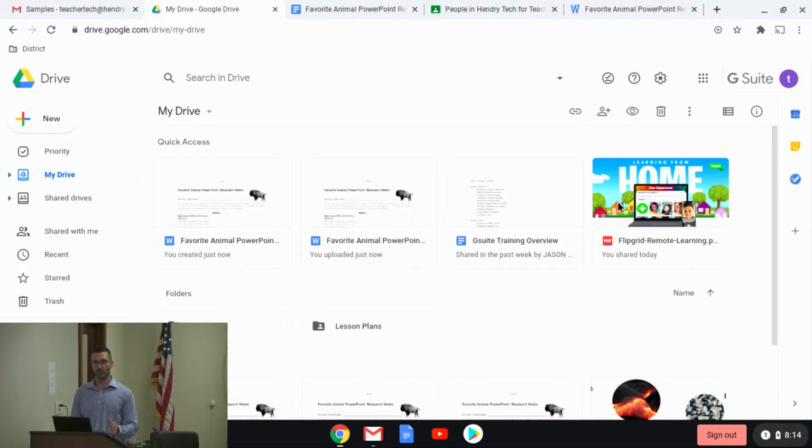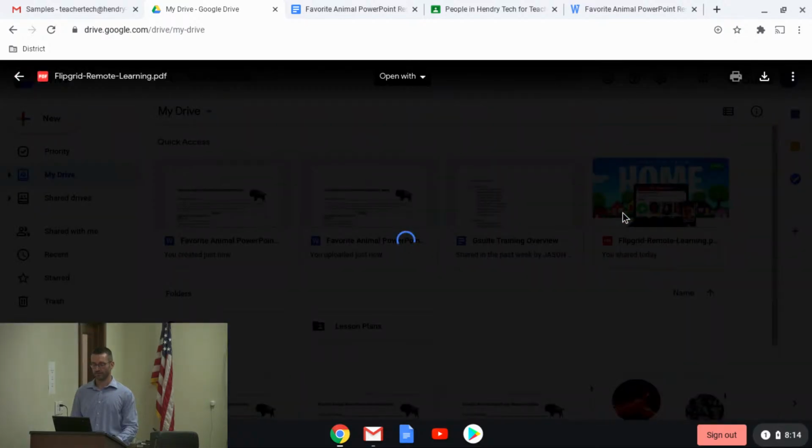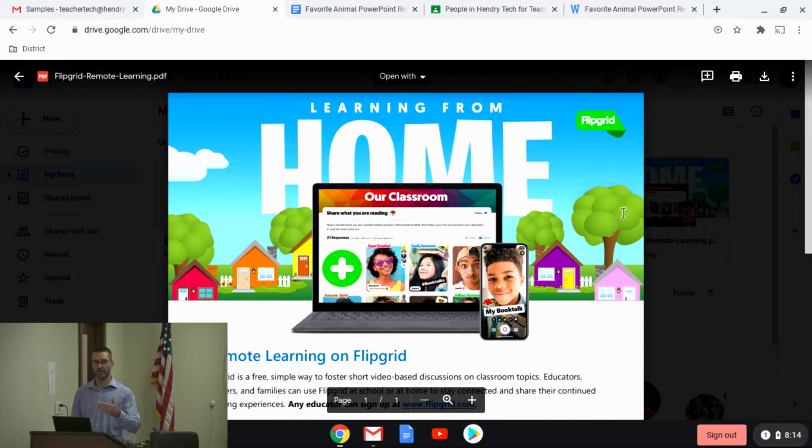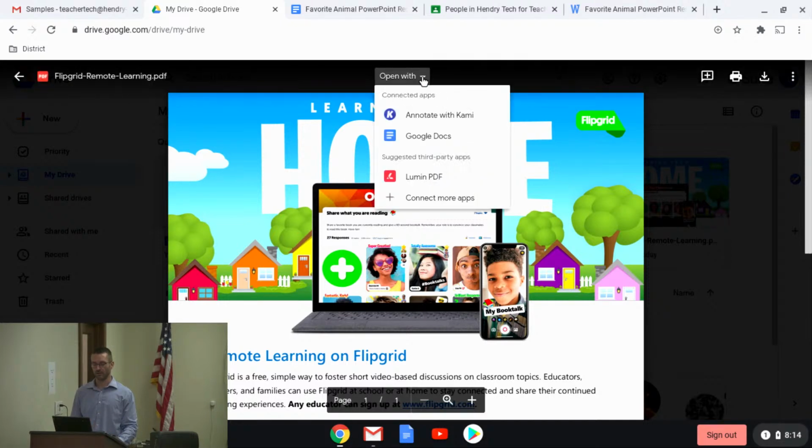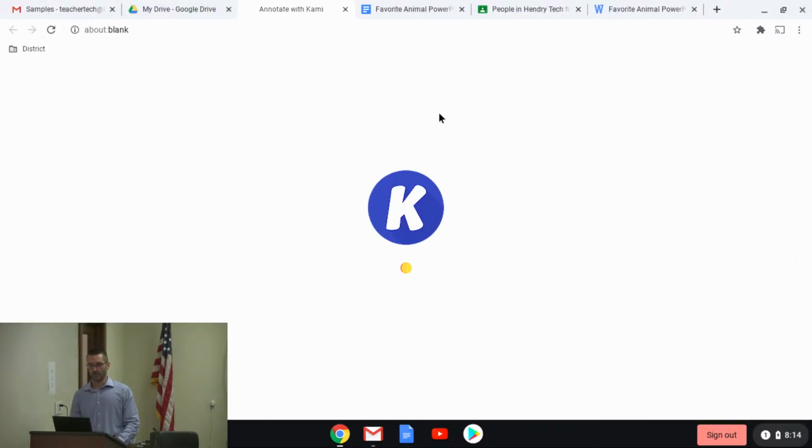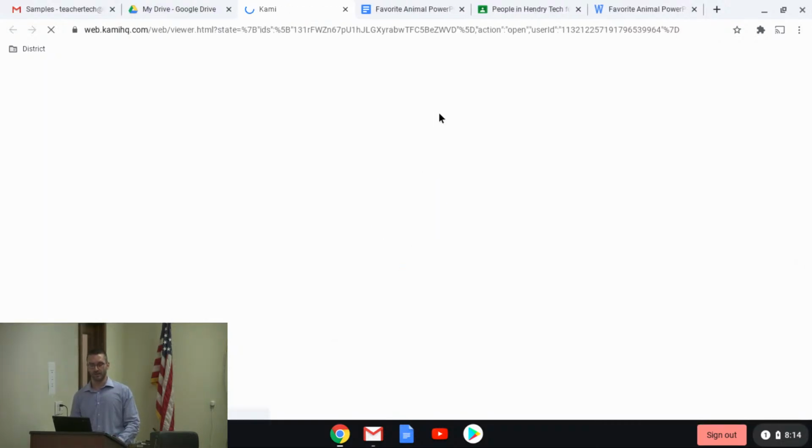Okay, lastly, one of the most common file types is a PDF document. So if I open this PDF, you'll notice that you get that kind of transparent overlay of the view-only file. But up top here, you have the Open With. Kami is a Chrome extension that has been force installed on all devices and all student devices. It is a PDF annotator. So if I open this PDF inside of Kami,